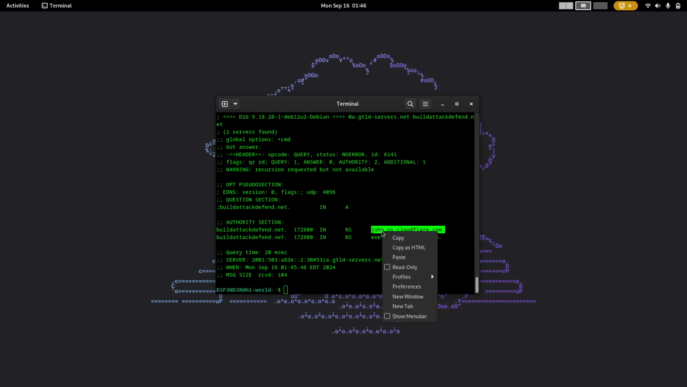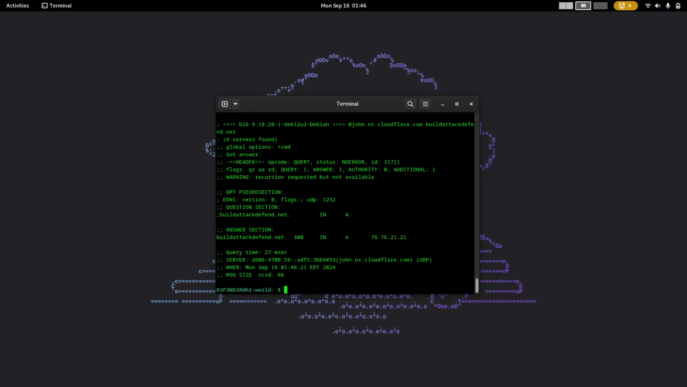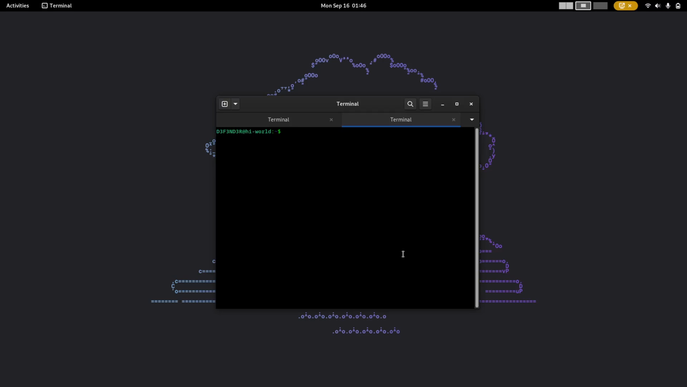You can use either one, honestly. And we're going to say, okay, now let's query the authoritative name server for build-detect-defend.net, and it gives us an A record of an IPv4 address, 76.76.21.21. Now, I'm like, okay, let's check this IPv4 out. This IPv4 address, we'll do Brave browser, and we're going to,